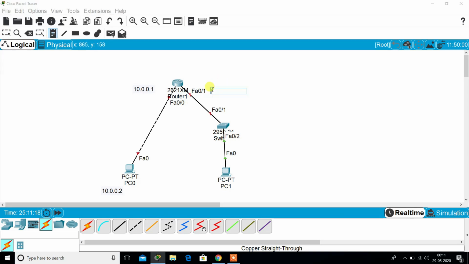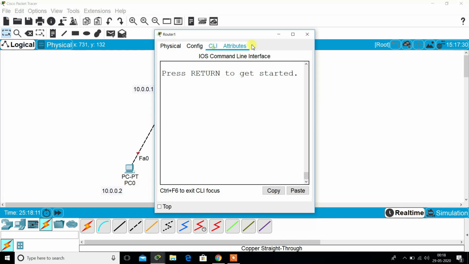On this FastEthernet 0/1, I want to give the IP address 20.0.0.1. On this PC, I want to give the IP address 20.0.0.2. For assigning the IP address, we need to go inside the router CLI mode.